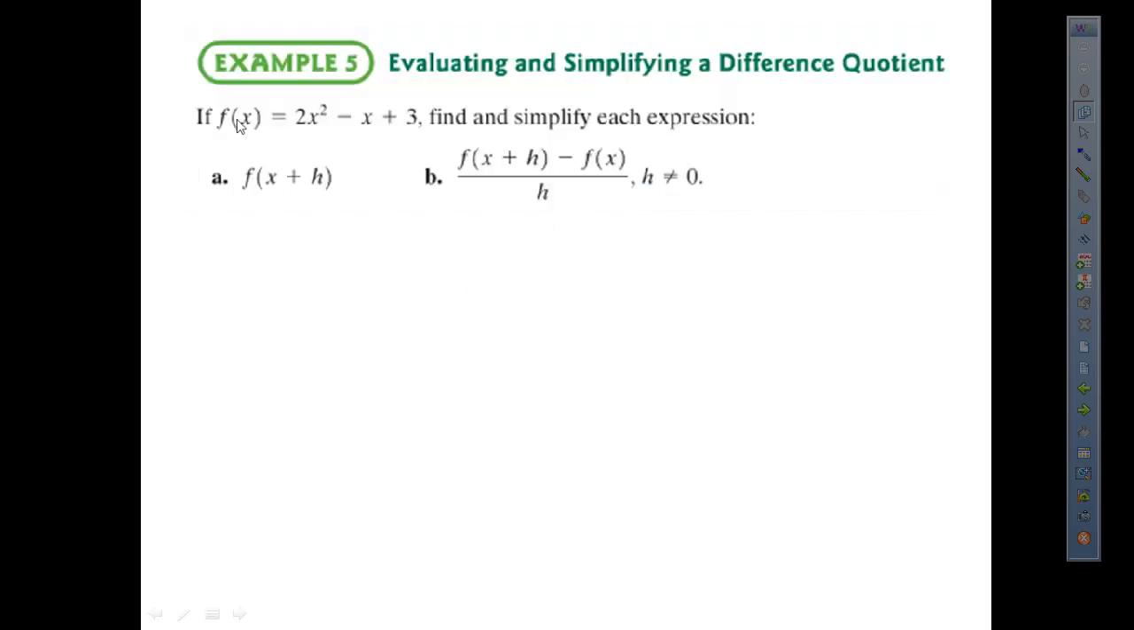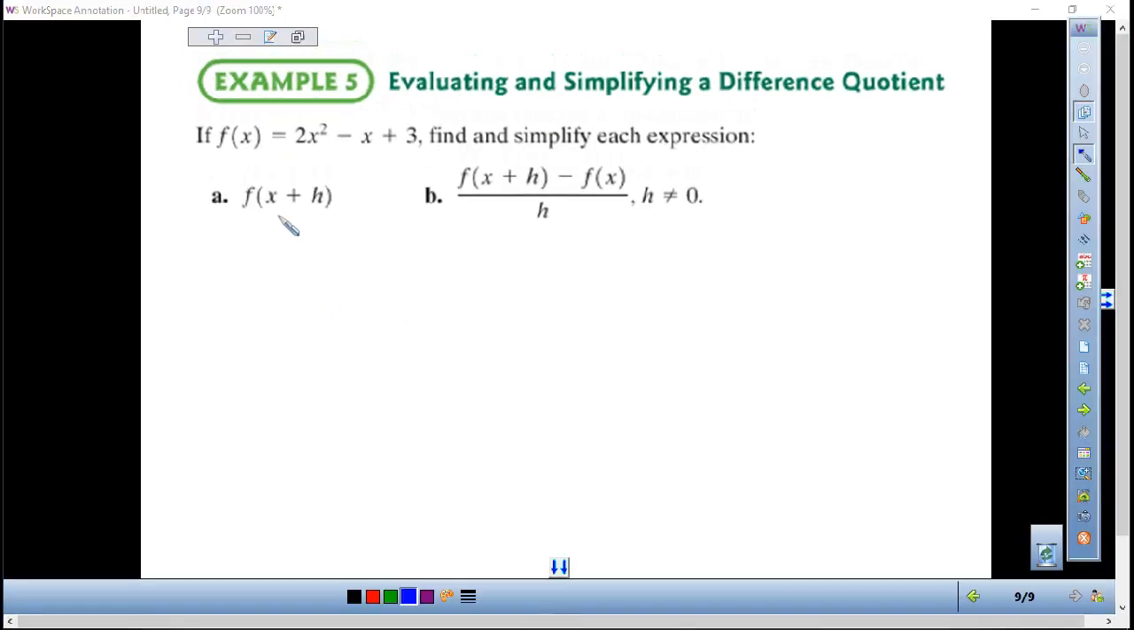So, if f of x equals 2x squared minus x plus 3, find and simplify each expression. So first things first, let's find f of x plus h. So f of x plus h is equal to 2 times x plus h